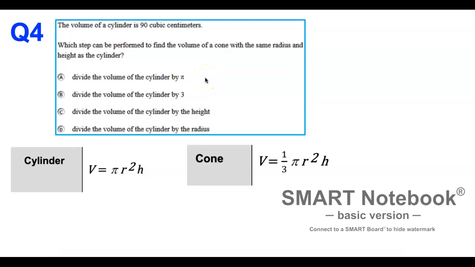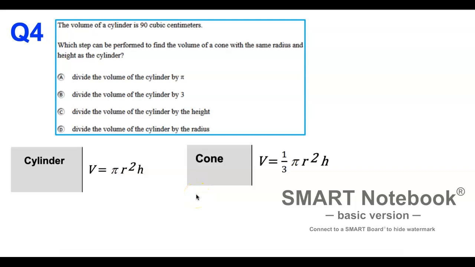The volume of a cylinder is 90 cubic centimeters. Which step can be performed to find the volume of a cone with the same radius and the same height as the cylinder? So these two screenshots right here of our volume formula for a cylinder and our volume formula